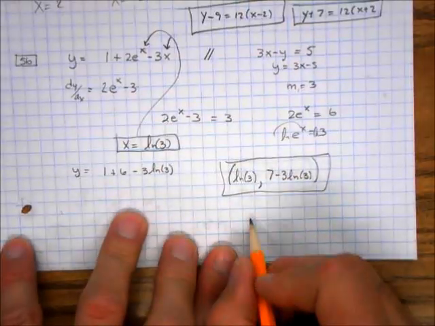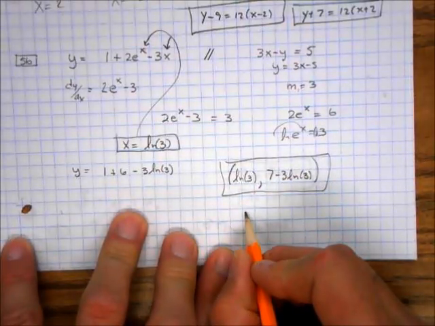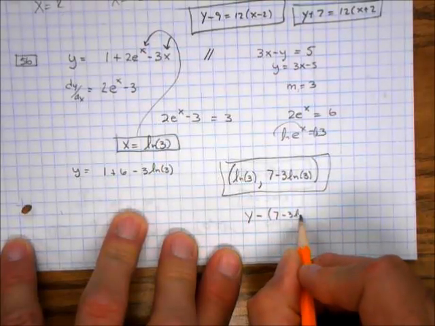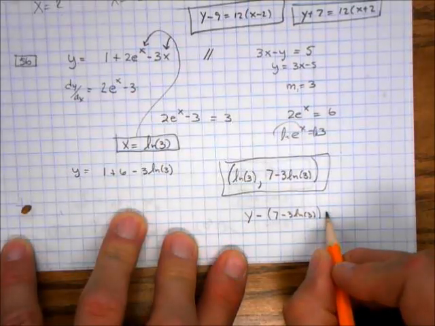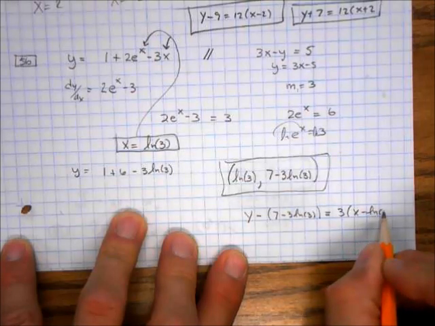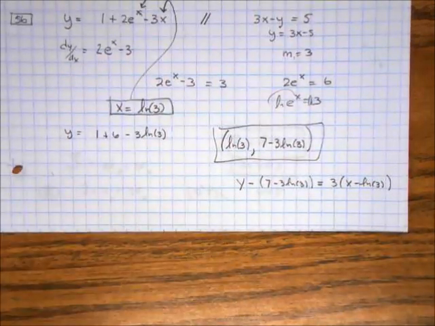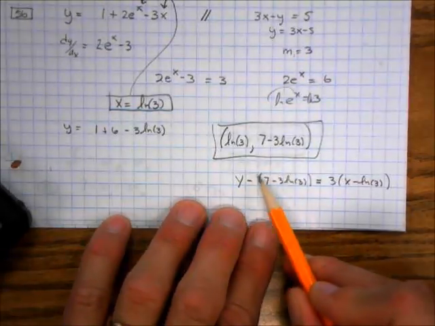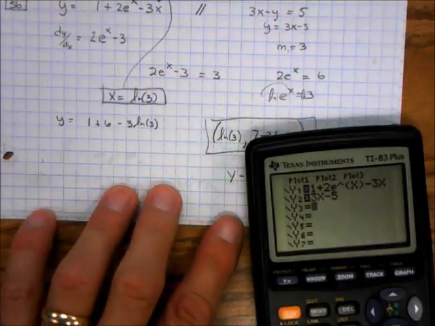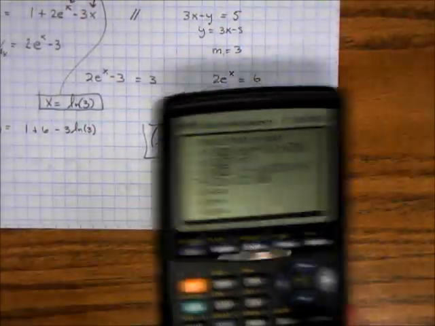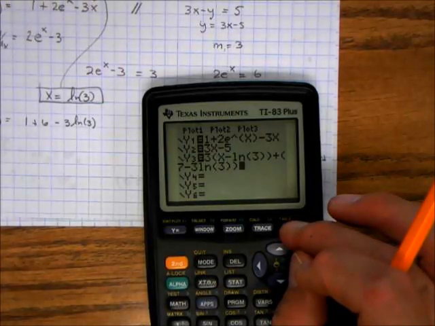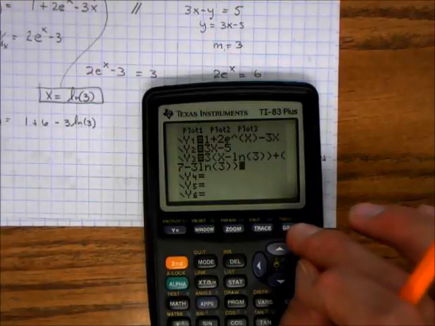So I'm going to write the equation of this line. It would be y minus (7 minus 3 natural log of 3) equals, my slope is 3, quantity x minus the natural log of 3. I'm going to put that into this calculator right here. Okay, so all I'm going to do is take this and move it over as a plus right there to be able to put that in my calculator. Okay, I hope I put that in there right. Let's see. If I hit graph, there should be a tangent line parallel to the original tangent line that glances off. Okay, so